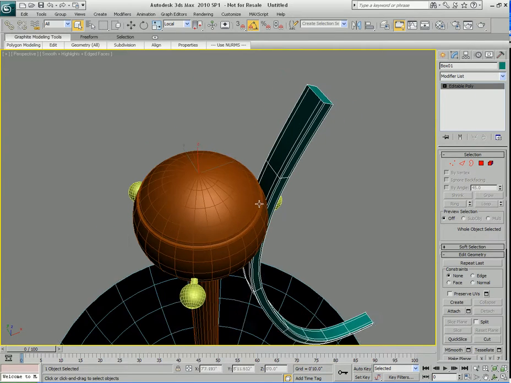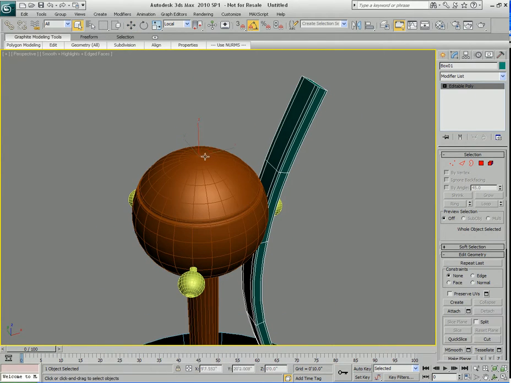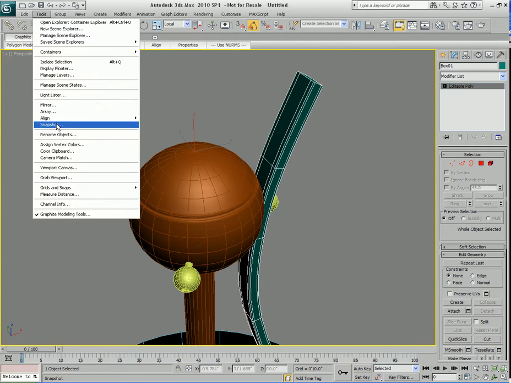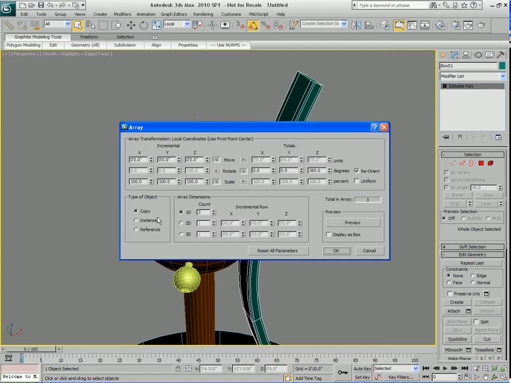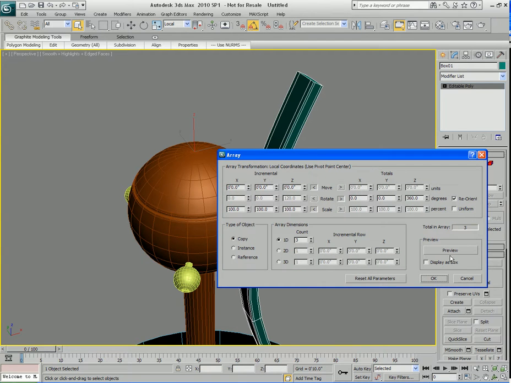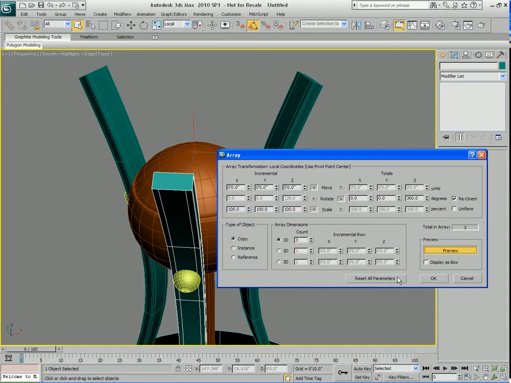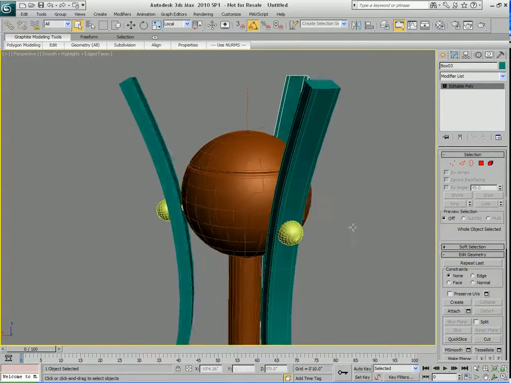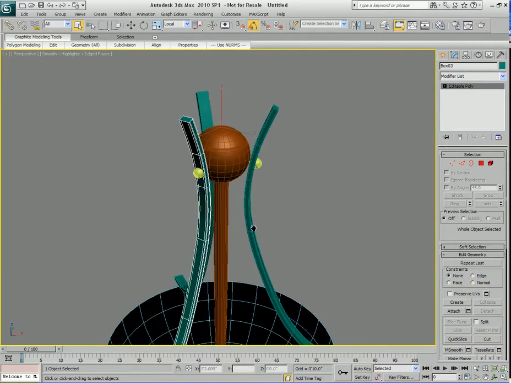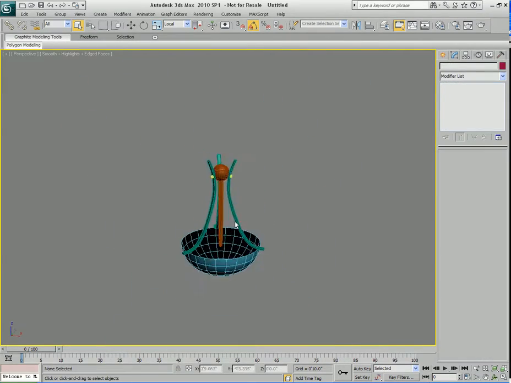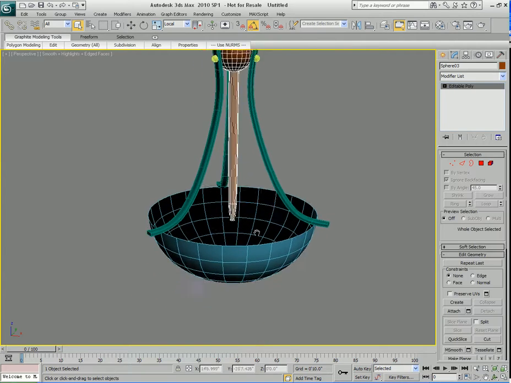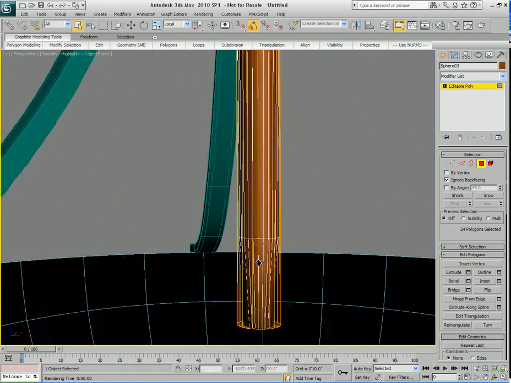Alright. I'm going to take this guy, since I adjusted the pivot point, it's going to go around the center of the sphere right there. So I'm going to do the same thing. I'm going to go to the array tool. And it's already adopting my previous options. So when I hit preview, you can see everything's perfectly fine. See that? Perfect. And there we go. That is pretty much done. Down here, with this guy,